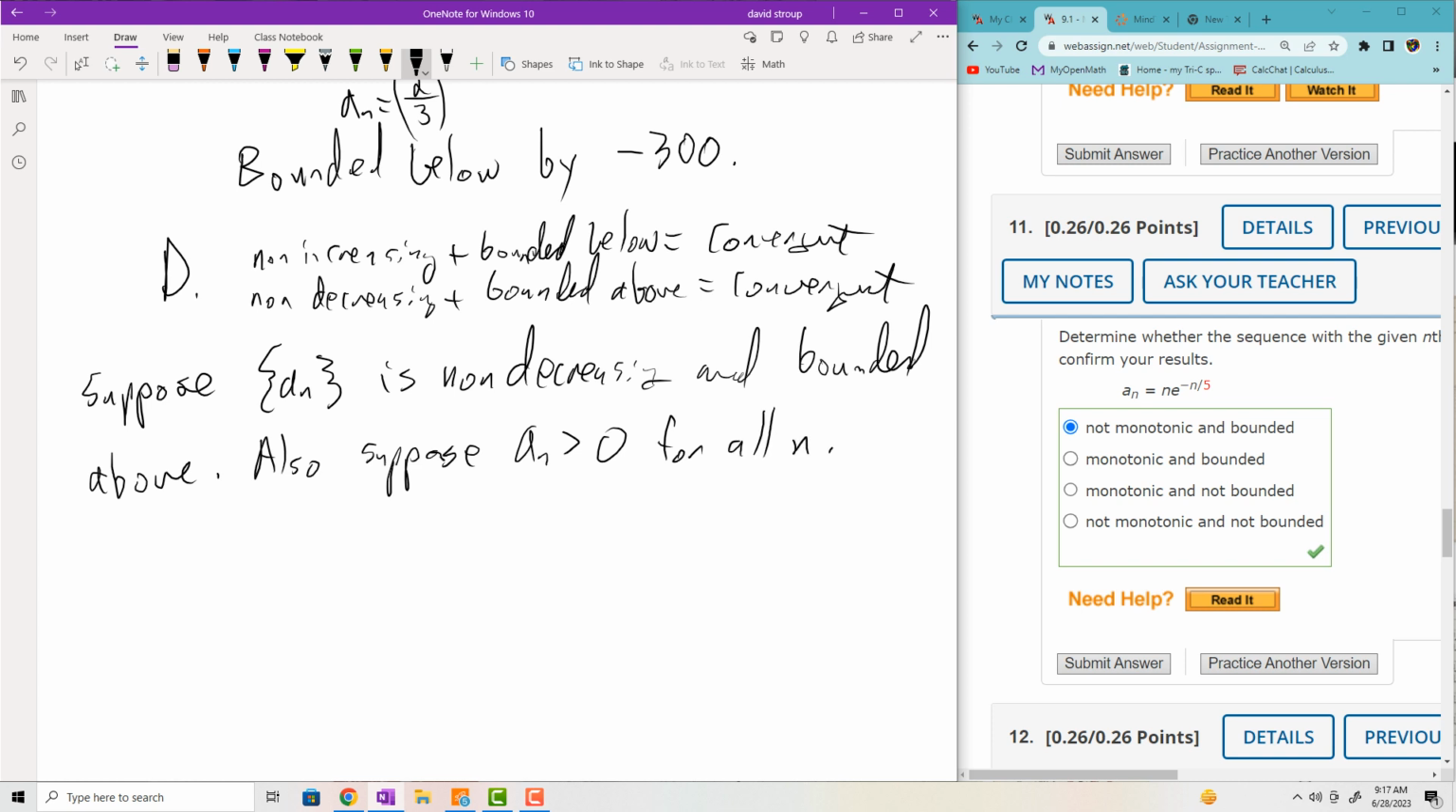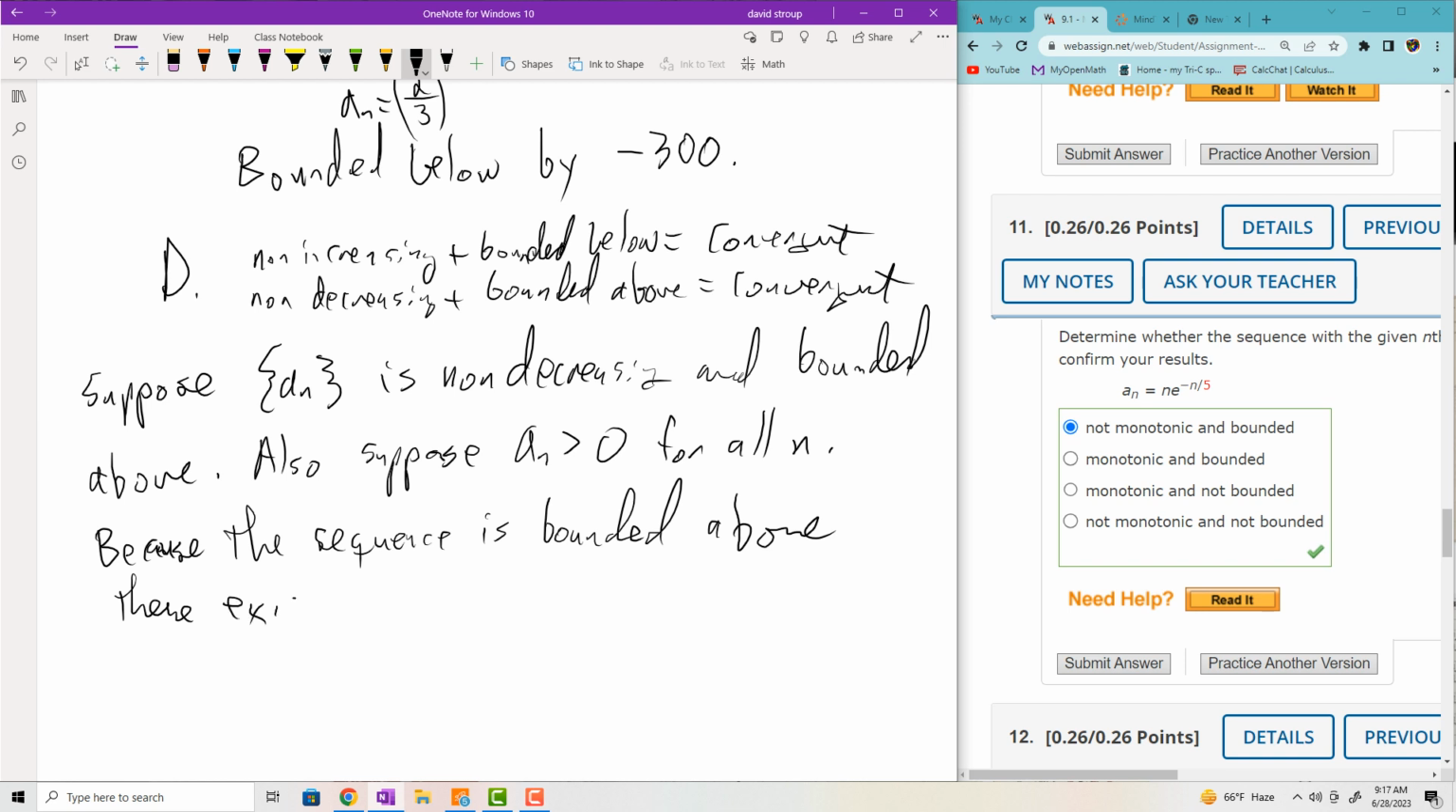Okay, so first off, because the sequence is bounded above, you can find a number that's bigger than all of the terms in the sequence. Okay. So because the sequence is bounded above, there exists a number M such that